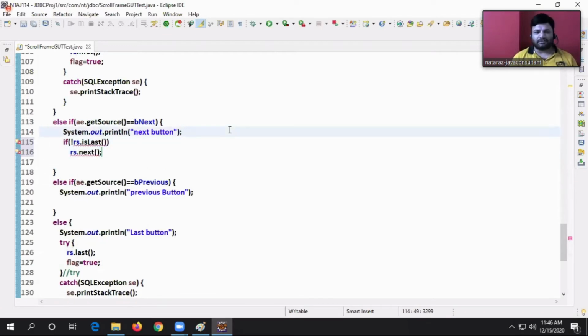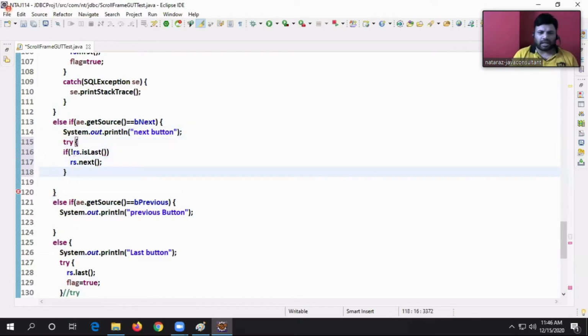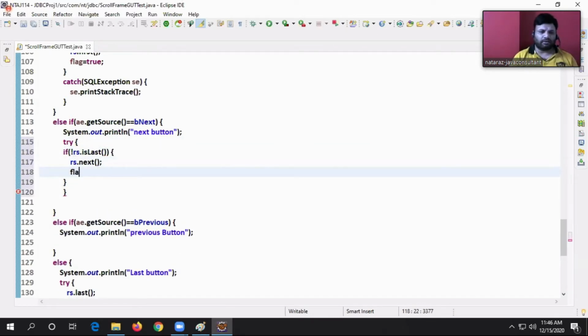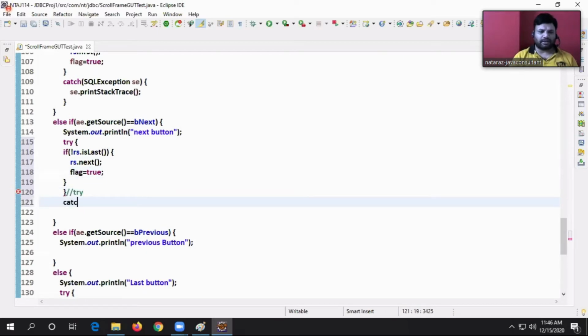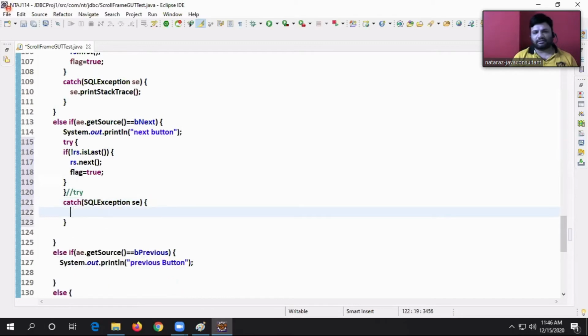But this is also a try catch block story only. Try here, catch. If that is successfully moved, then I want to say flag is equal to true. Here is my try catch. SQLException sc. sc.printStackTrace.